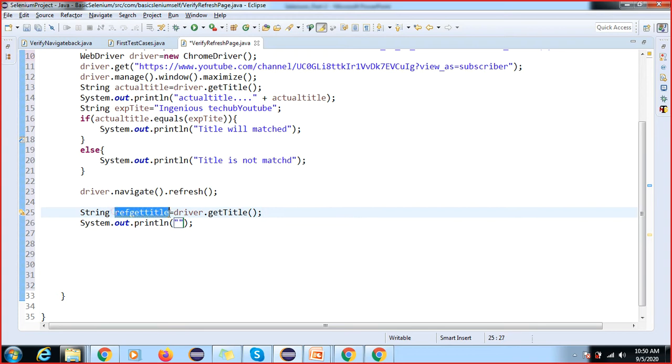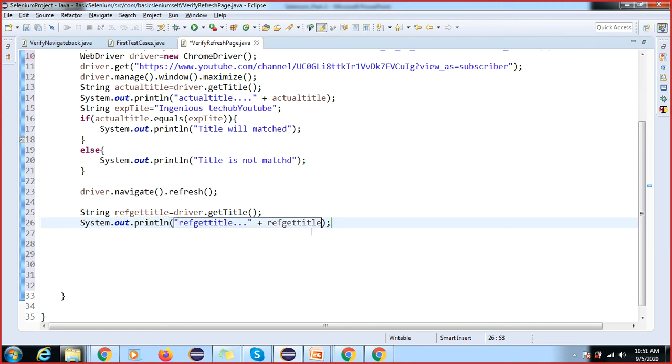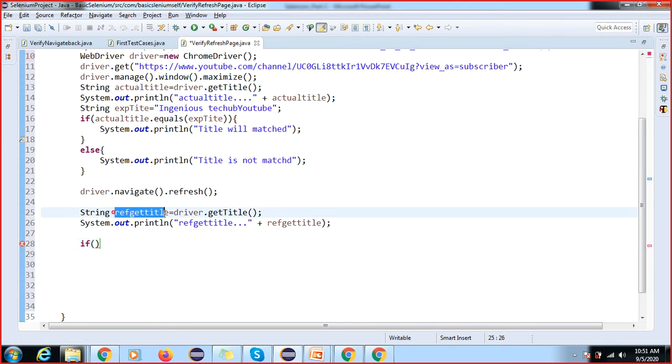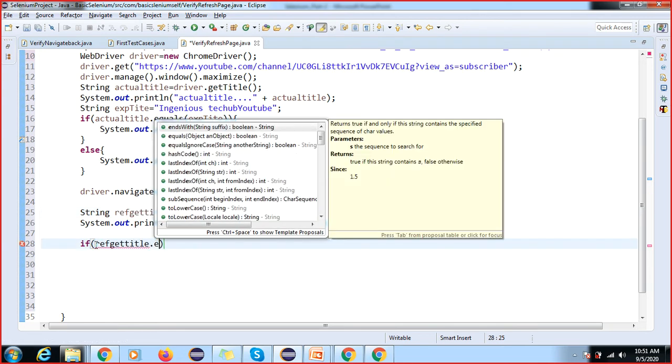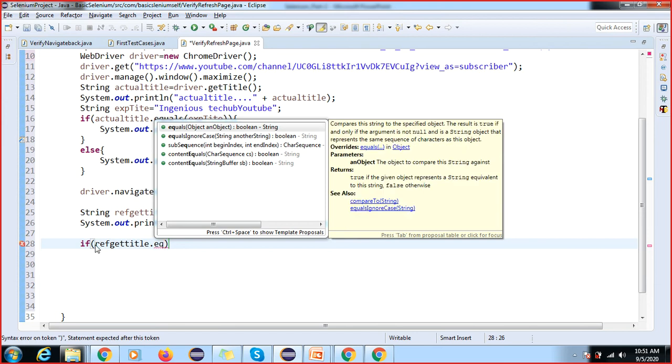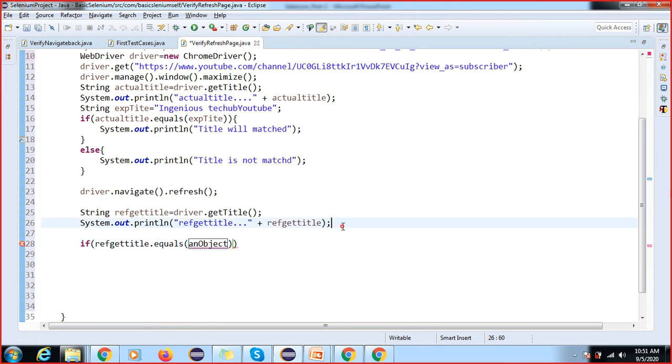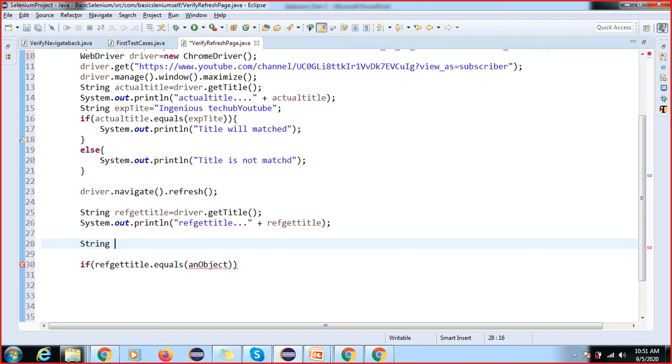In the coming sessions, if you are doing the practice, you will enjoy Selenium. But Selenium is not your ending point, this is the beginning of automation. You have to learn many things to get a job. First you can work on your basics and make them strong, because that is what people are looking for. Okay, so the equals method. Again I will take one variable, a string expectedRefreshTitle.